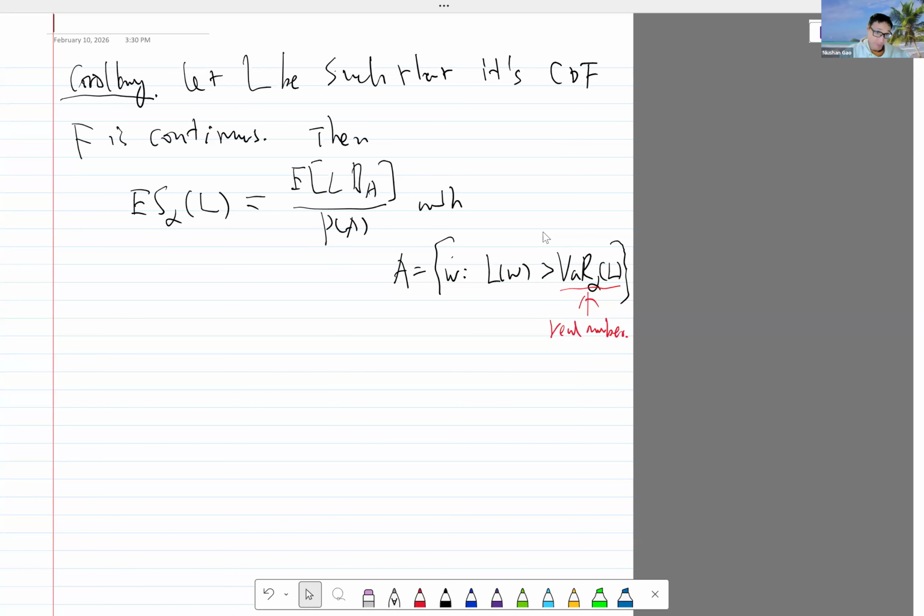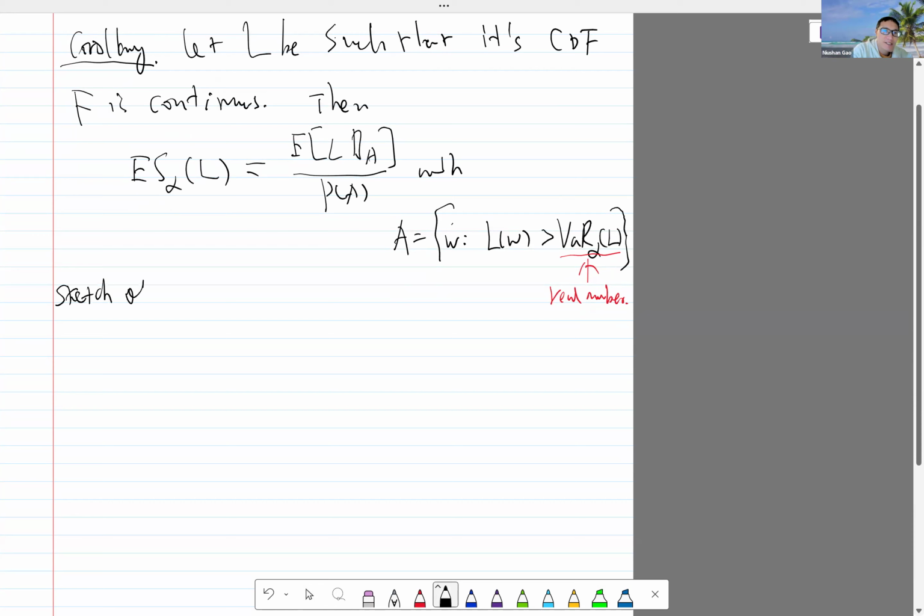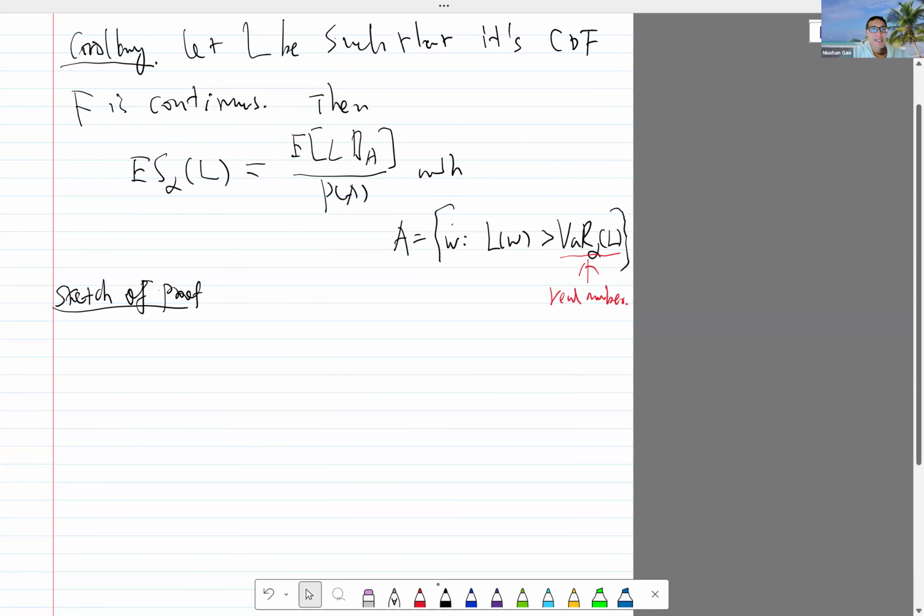Let's prove this one. I only sketch the ideas of a proof. So you see here, I didn't prove. I tell you intuitions. I do a hands-on example to lead you to the conclusion, but I didn't give you a rigorous mathematical proof of that because that will take too much time. I cannot do that. So, a sketch of a proof. I only need to prove,